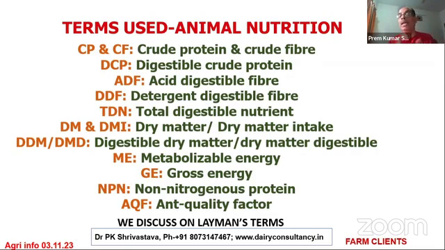So DM and DMI, both are very important, and DMI is especially important in the case of roughage. You may feel that you have given ad lib fodder to the cow, but there is a lot of hard fiber that the cow cannot digest. So ultimately it is not going to the blood and not converted into milk, so don't expect a lot of milk from that. That is why concentrates are added, so that the material required for the formation of milk is provided through the concentrate, right?